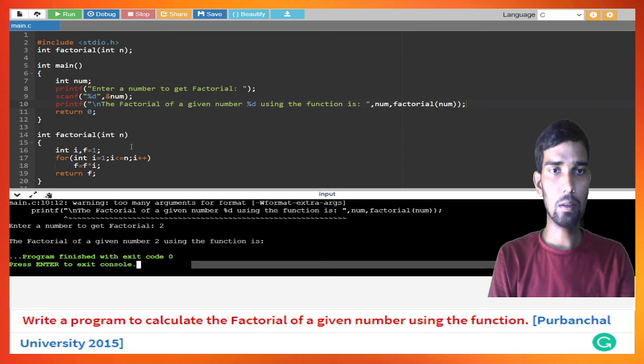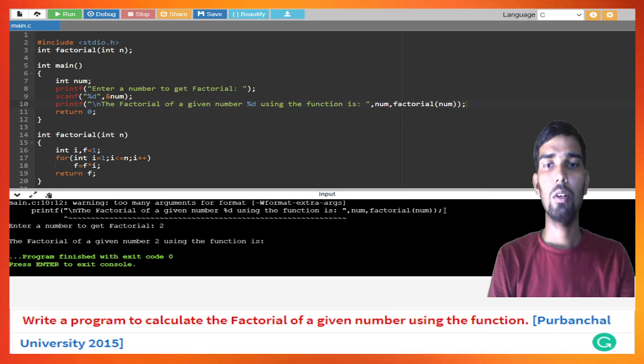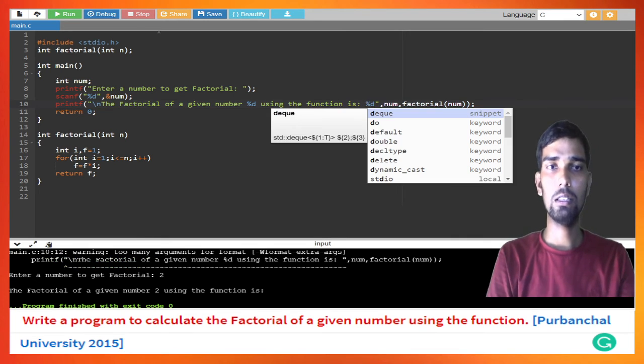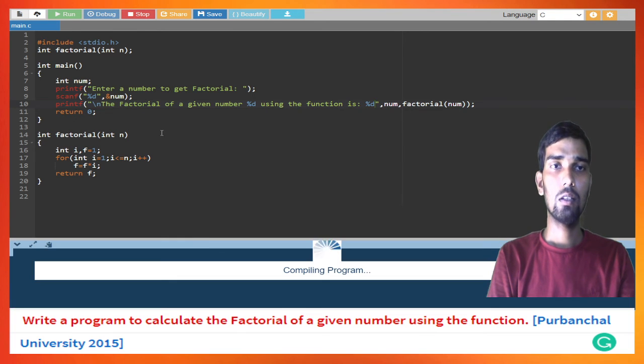What is the issue? Let me find it. Yes, here actually we have mentioned 2 variables, but the specifier is 1. That's why this problem came. This is easy, we can just fix it. %d, that's it.